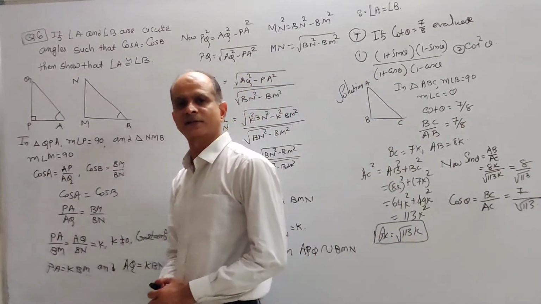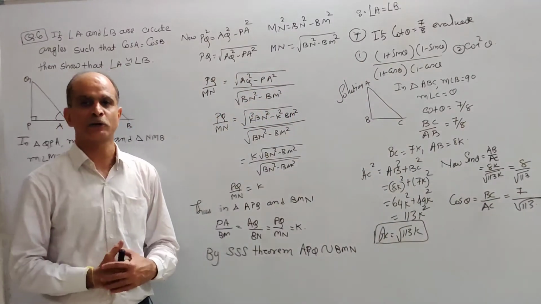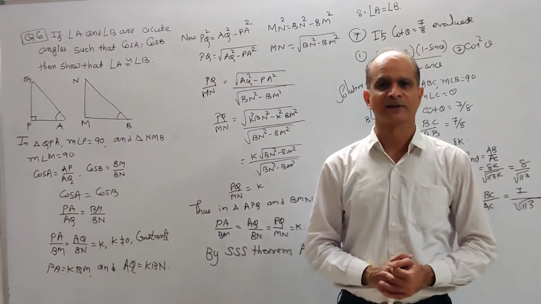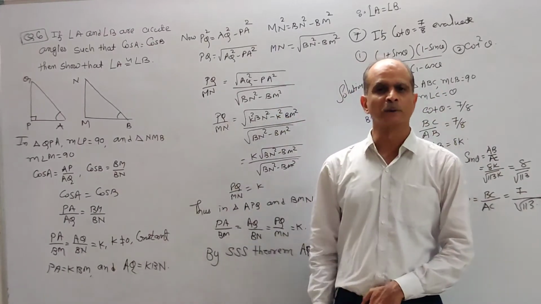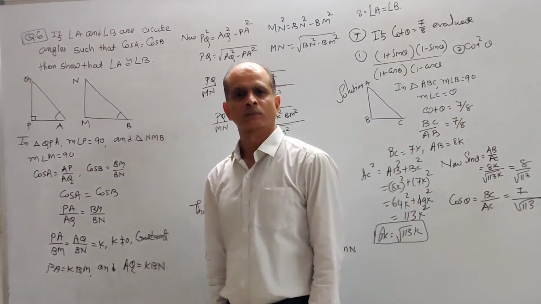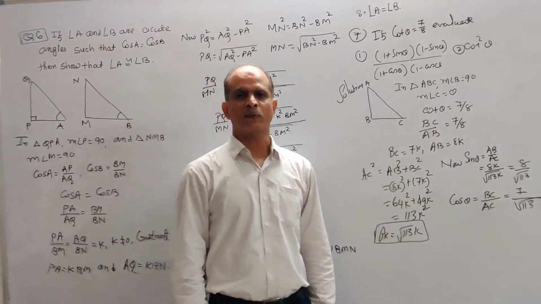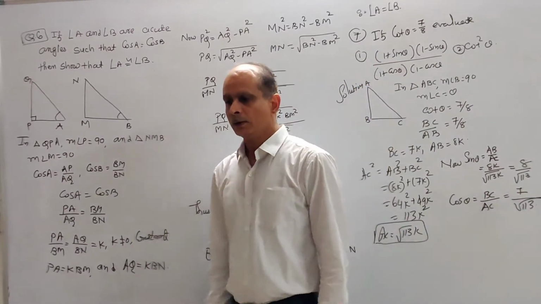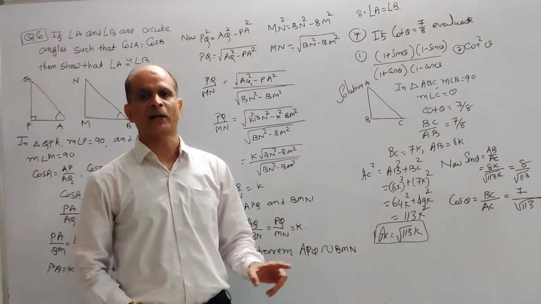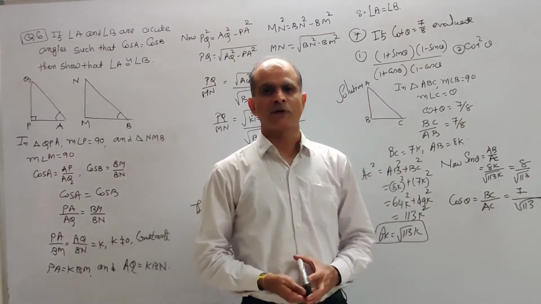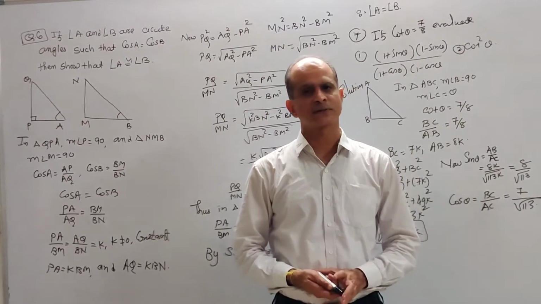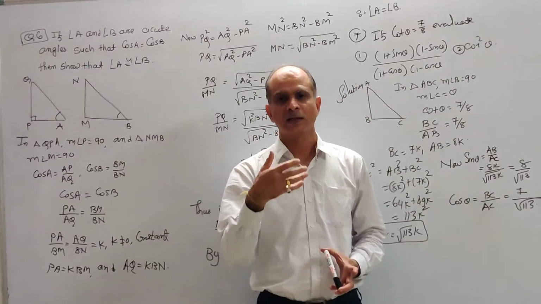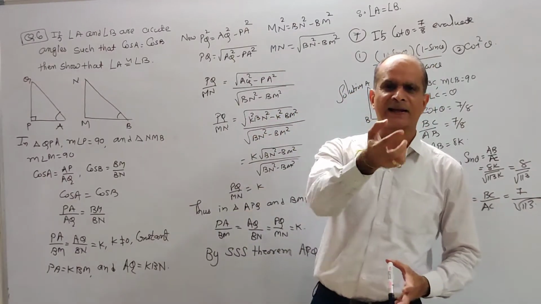We have also discussed 3 fundamental identities of trigonometry, and that is sin square theta plus cos square theta is equal to 1, 1 plus tan square theta is equal to sec square theta, and 1 plus cot square theta is equal to cosec square theta. We have also prepared a table for the values of different trigonometric functions for different values of theta, that is 0, 30, 45, 60 and 90.